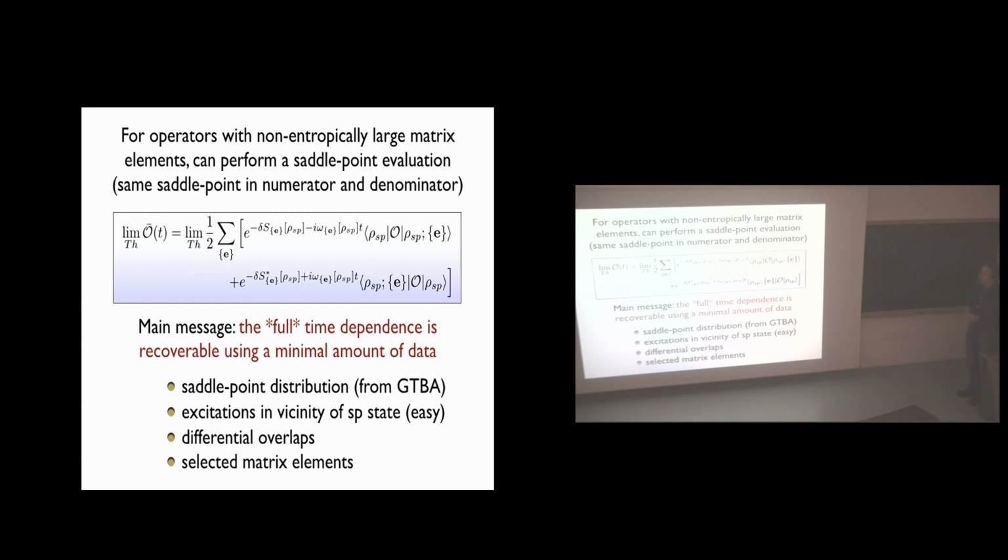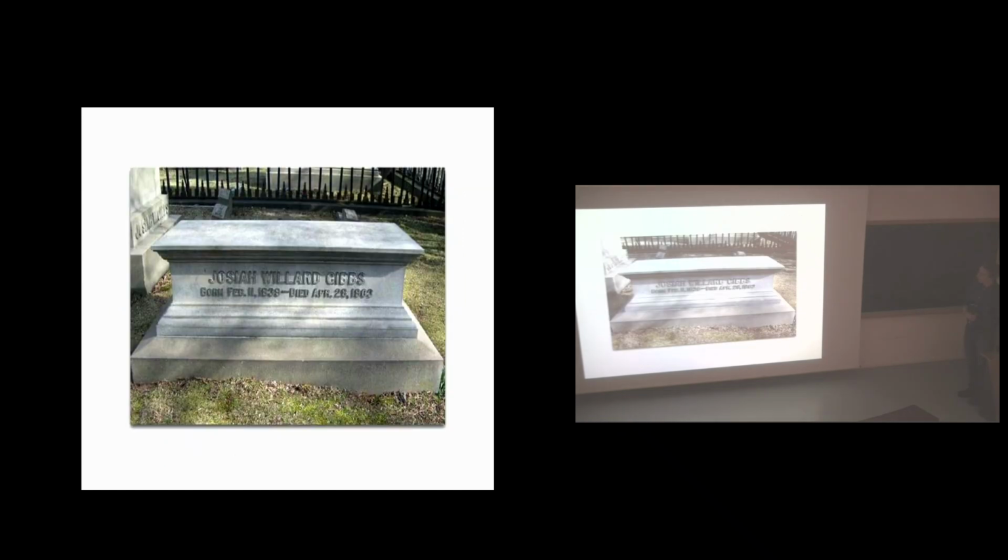So that's why I titled the whole thing, from Newton's cradle to Gibbs's grave. So here is Gibbs's grave as advertised. Essentially, what we're doing here is that we're just extending the very simple ideas that were used throughout the last century and a half to the out of equilibrium case by just tweaking them and adding some elements to them. Okay, that's the general idea here.